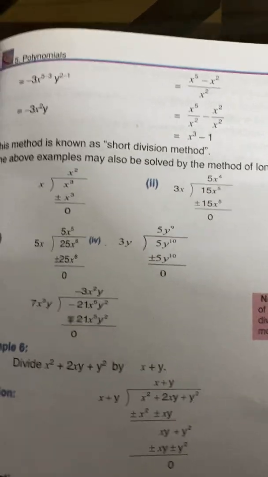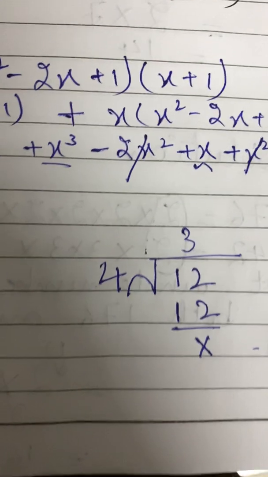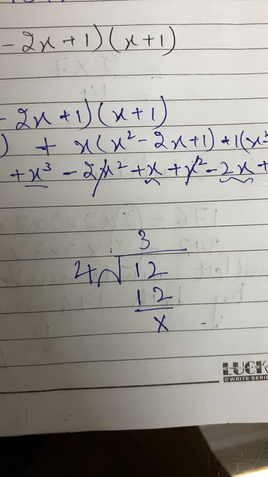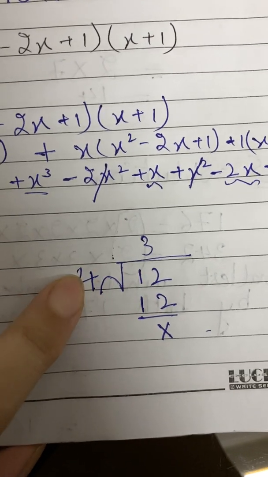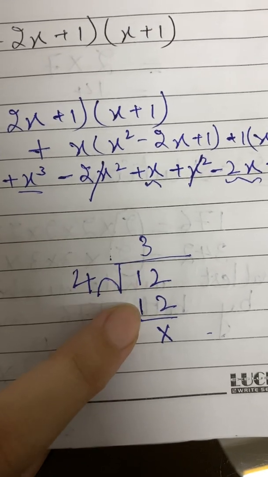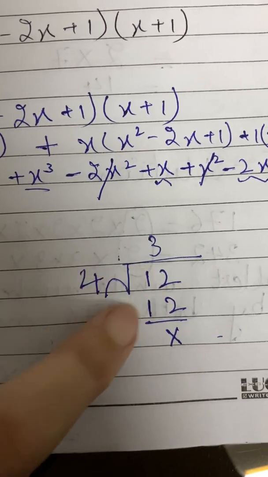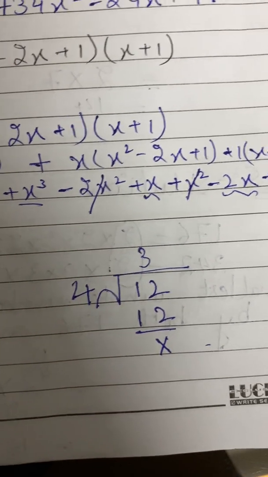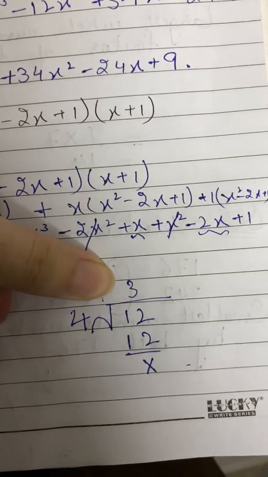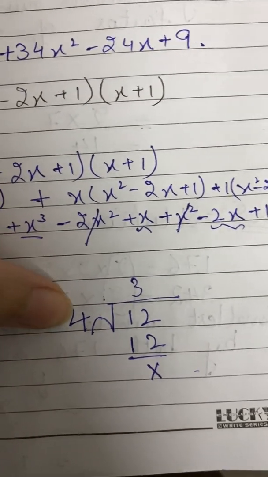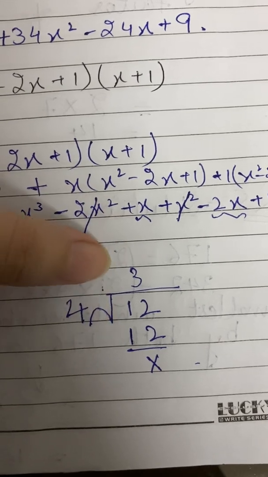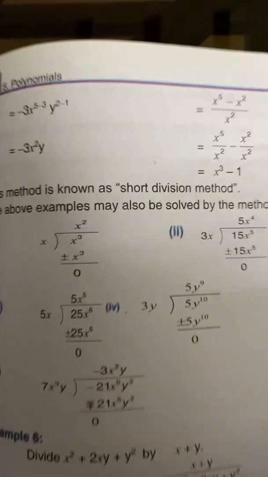Okay, so come to this division. This is so simple. Whenever you have something to divide, this is your divisor, this is the quotient. So you will divide it like: you need 12 here, so that you can cancel them, and if the remainder is 0, your answer is 3. 4 3s are 12, so the answer is 3. Just like that,